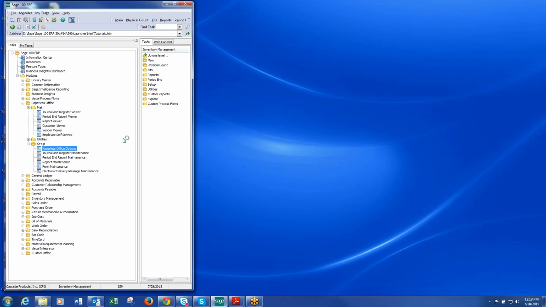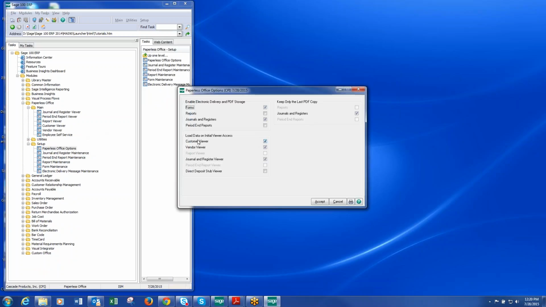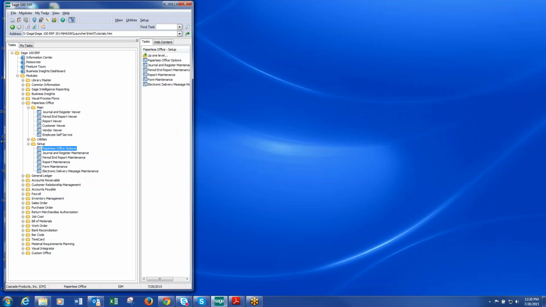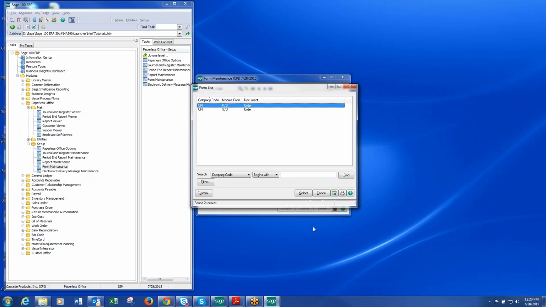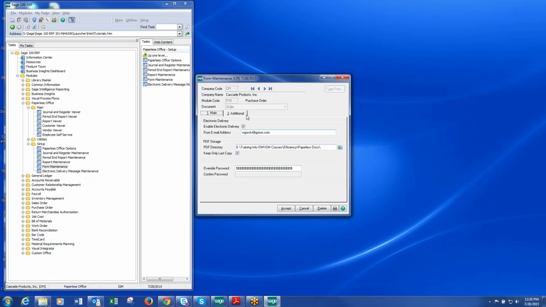So I'd go into paperless office options and make sure that you have set up. So I have electronically deliver. I've turned on, say I want to be able to deliver forms, and that's both to my customers and my vendors. And I want to save my journals and registers. And I accept. And then I come down to form maintenance. I open up that. And in here, I would go ahead and I could say, okay, so I want to be able to send purchase orders out. I can save them as documents,